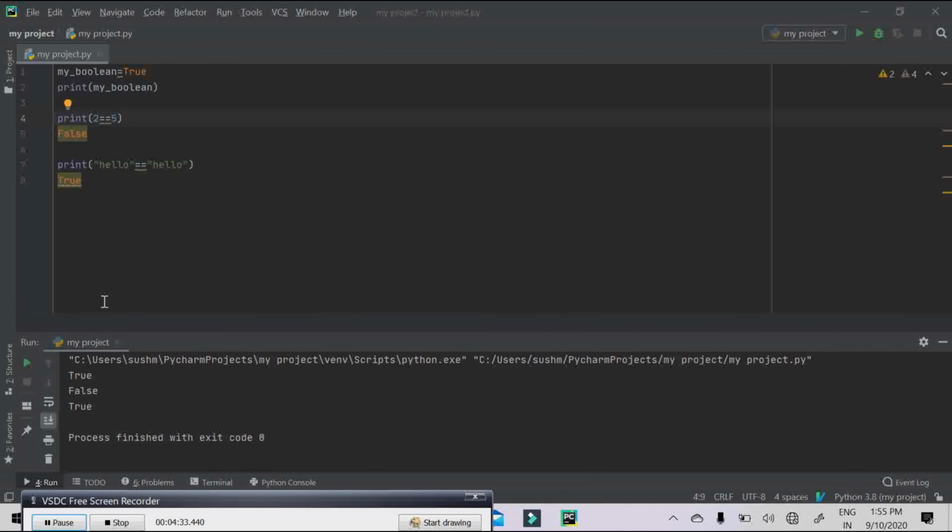If I cut two equal signs into one, then the whole program gives an error. If I run it,